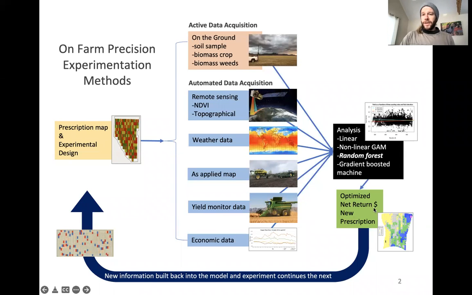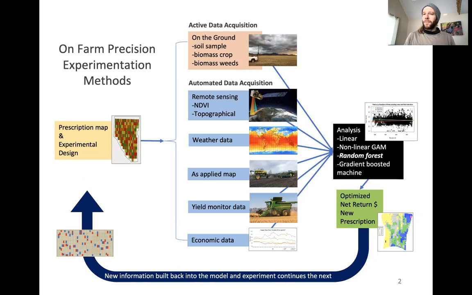So that new optimized seeding rate then goes into the following season that farmer plants that crop. And we now have a new optimized rate that we have for the farmer. But additionally to that, we don't just put in the optimized rate, but we continue experimentation within that field.